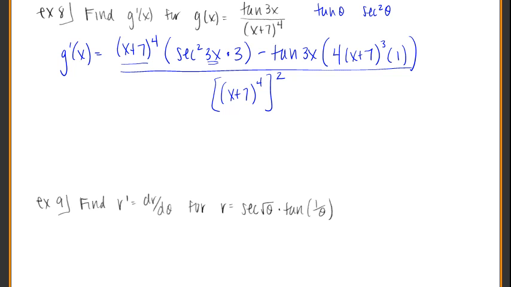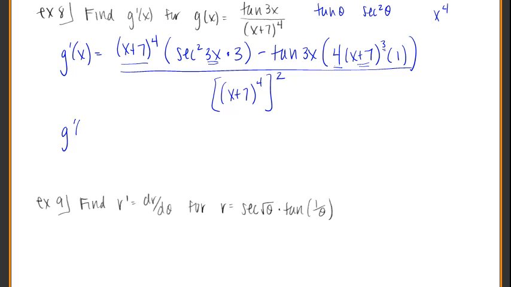Okay, and then minus the top as is times the derivative of the bottom. And again, when you do this, just treat it almost like if I told you to take the derivative of x to the 4th. Well, you bring the 4 down front, you subtract 1 from the exponent, and then all we do, since the base is more than just x, is you multiply by the derivative of the base. Okay, so cleaning this up,